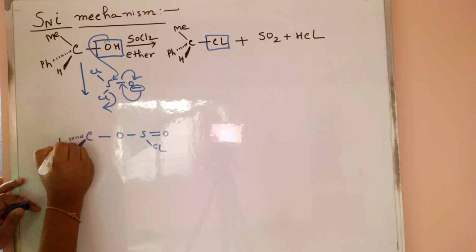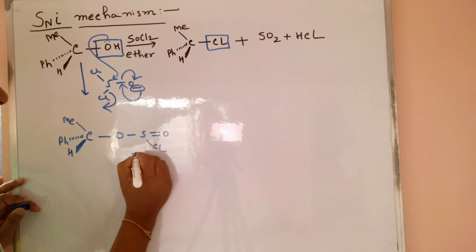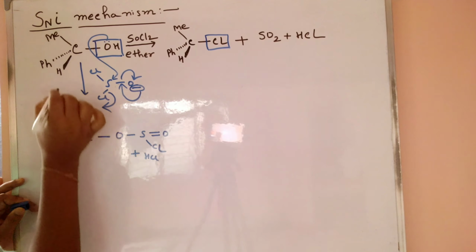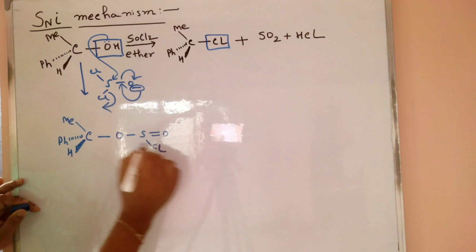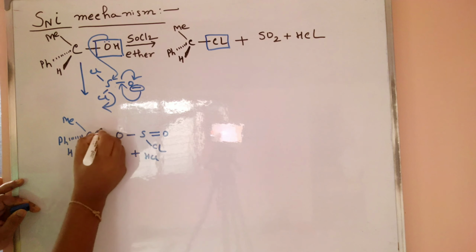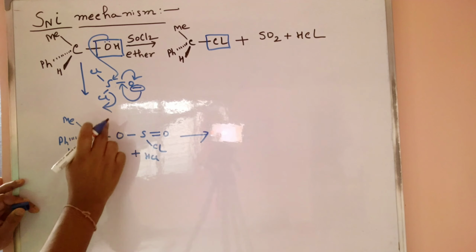hydrogen, Ph, Me and plus HCl. The Cl minus is removed and H and Cl give HCl. So in presence of acidic solution this bond breaks. So after this bond break,